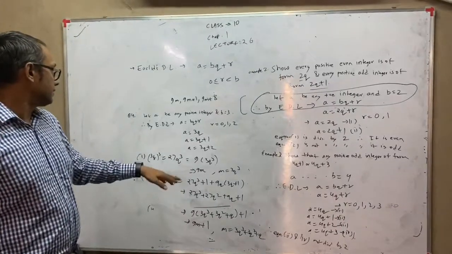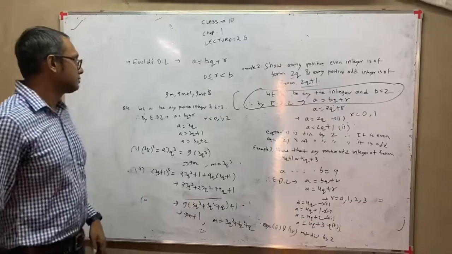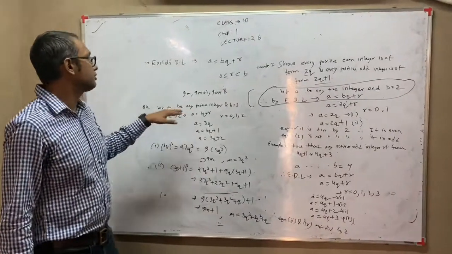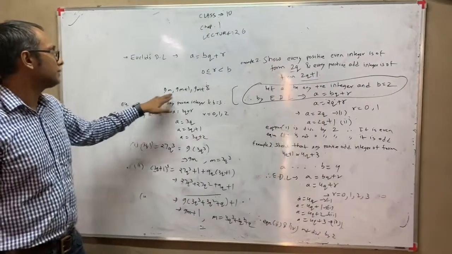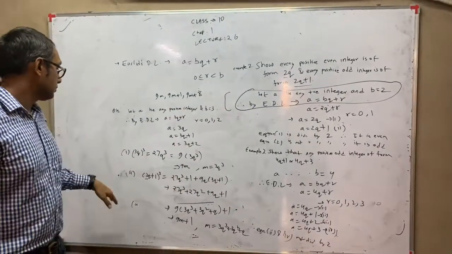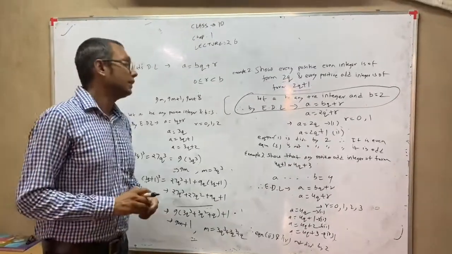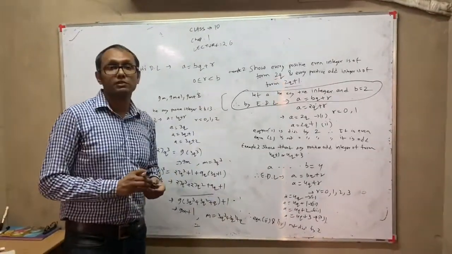And the last one, you have to now do the cube of 3q plus 2. When you do the cube of 3q plus 2, you will realize you will not be able to represent it in either this form or this form, but you will be able to represent it in this form. So this will be a homework, exercise 1.13 sums and these two examples. Okay, cheers.